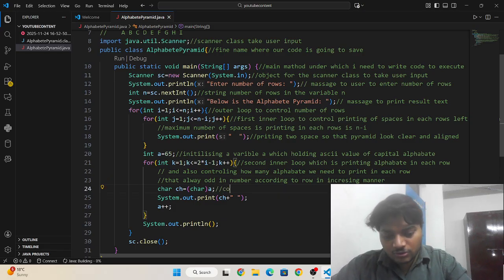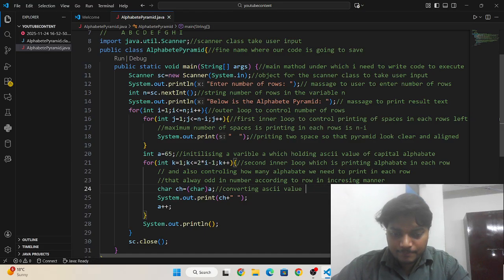and this is converting the ASCII value of each iteration to character.